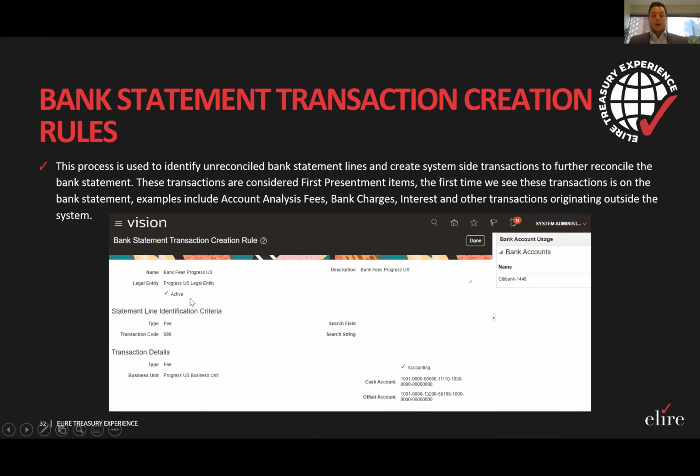So what we define here is, again, a unique name for this transaction or creation rule, and then the legal entity that it's applied to. Defining the legal entity here allows certain rules to be applied to certain bank accounts. And then we define our statement line criteria. So what this rule is doing is that it's looking at transaction code 698, ensuring that the